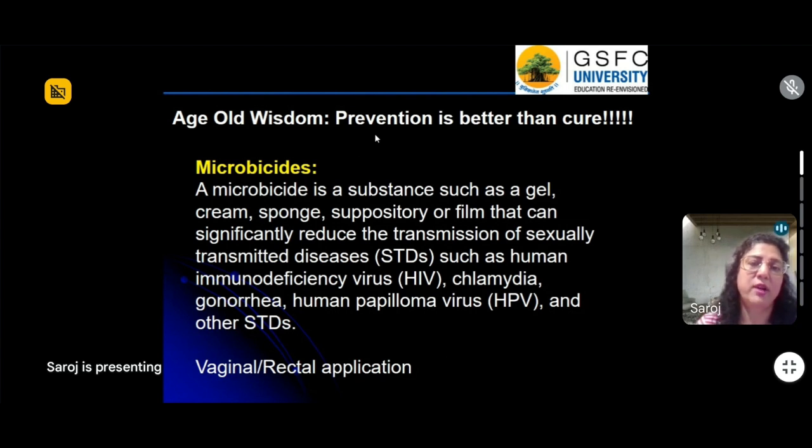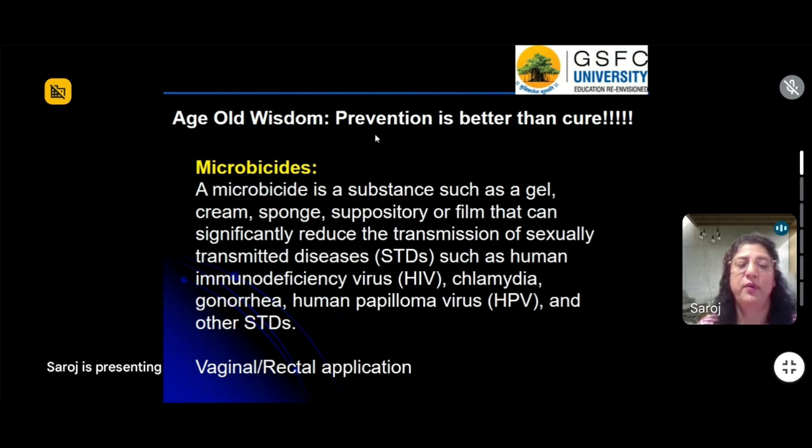So till now, what we have discussed is an infection and how to fight off that infection. But now we are talking about how to prevent getting infected by the HIV virus, and that is where microbicides play a role. Now, what are these microbicides? As the name suggests, it is microbe and cidal. Cidal means anything which is going to kill the microorganism. So a microbicide can be a gel, a cream, a sponge, a suppository, or a film